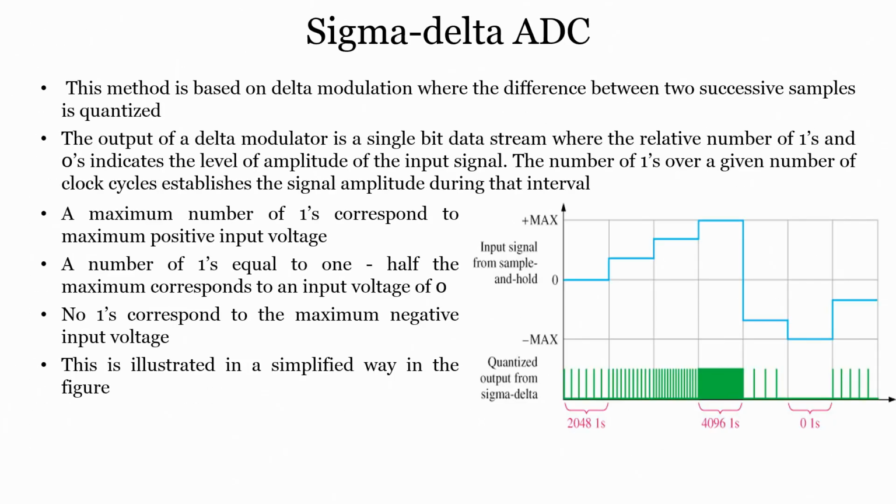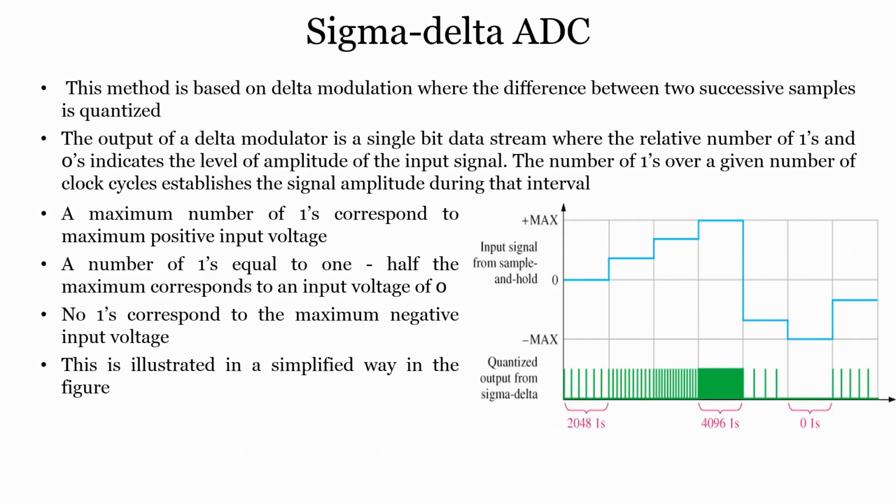Nothing so difficult in this particular ADC. Now, the final one would be sigma delta ADC. So, what exactly does sigma delta ADC mean? This method is based on delta modulation, where the difference between two successive samples is quantized. The output of the delta modulator is a single bit stream, where the relative numbers of ones and zeros indicate the level of amplitude, right. So, how many zeros are there, how many ones are there,